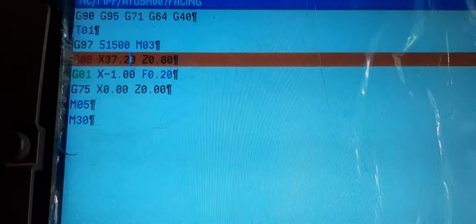So you can see that we have an example here like S1500, which means the spindle speed, in RPM, is around 1500 RPM. In similar fashion we have an M03 code, which is used to rotate the spindle in a clockwise direction. Similarly we use different codes to operate such operations or procedures.